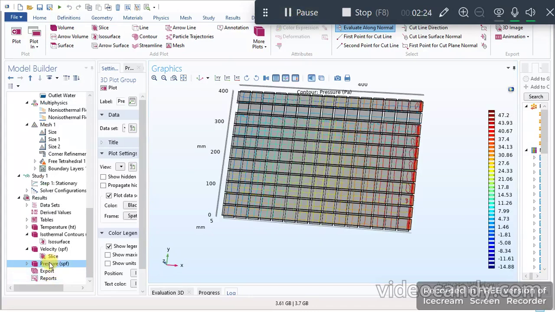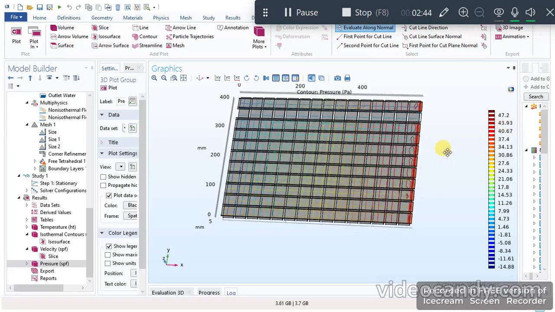When I performed the analysis for calculating the pressure values, the software indicated the contour here. You can see at the inlet of the heat and mass exchanger, the value of pressure is high, which is about 43.93 Pascal to 47.2 Pascal,